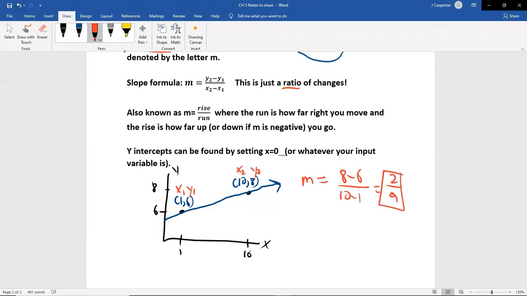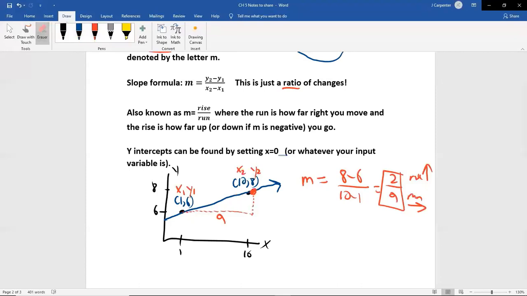What that says is, if you have one point, let's pretend I don't have this point for just a second. But having this point 1, 6 and the slope of 2/9, the 2 is the rise and the 9 is the run. The run tells you how far right to go. The rise tells you how far up or down to go, up if positive, down if negative. So we go right 9 from 1 to 10. So that's me going right 9. And then we go up 2 from 6 to 8, and we get our point.